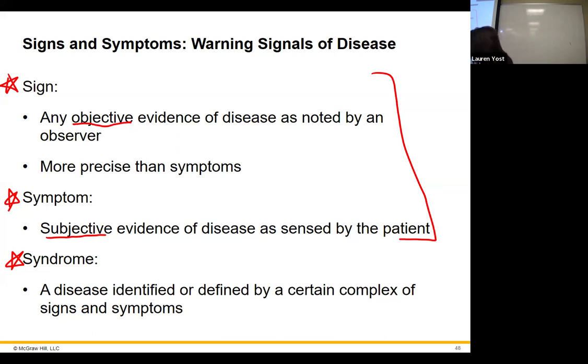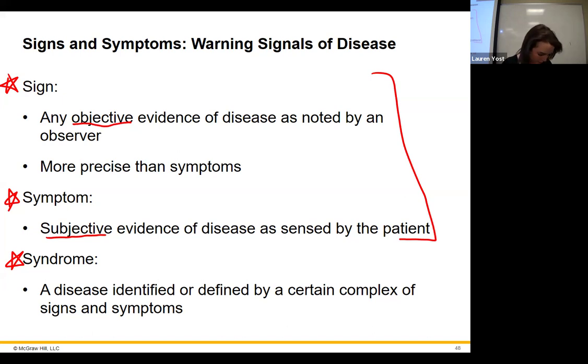So those all fall into symptoms and signs. I always think of a sign like a stop sign. It's a tangible thing that you can interact with. I can't interact with a symptom. There's no tangible example of that one. So I can see and prove the sign is there. That's how I remember it. Okay, so those are those two. Those are related to each other.